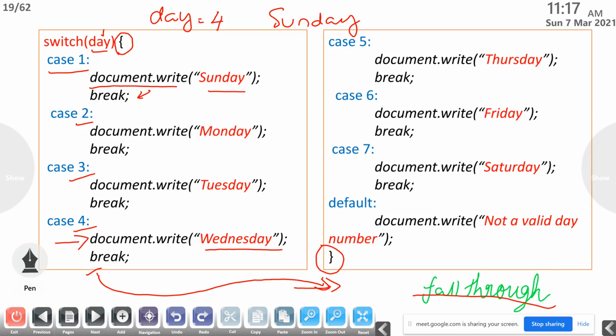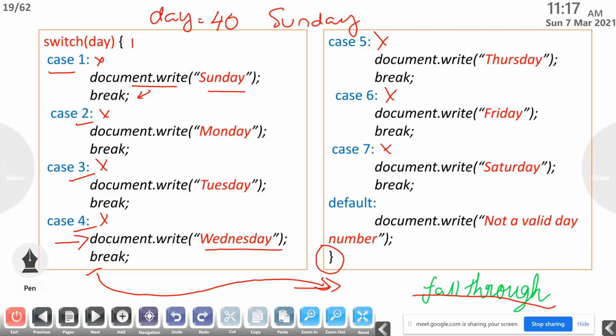Okay, now we are giving the value of day equal to 40. So here it will check if the value of day equals 1. No, it is not 1. 2, it is not 2. 3, not 3. 4, not 4. Not 5, not 6, not 7. So now the cases in this switch are over.